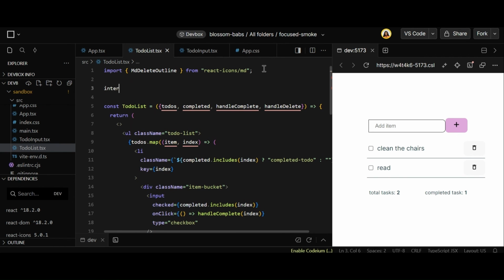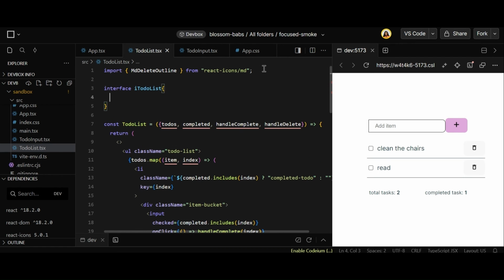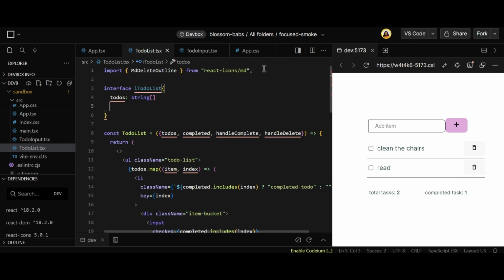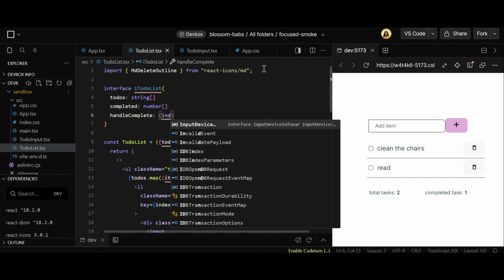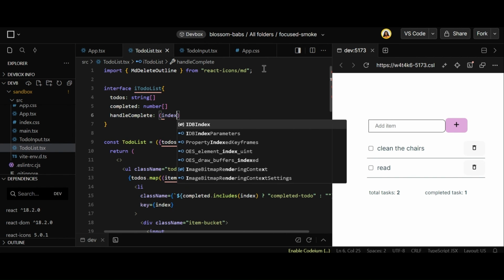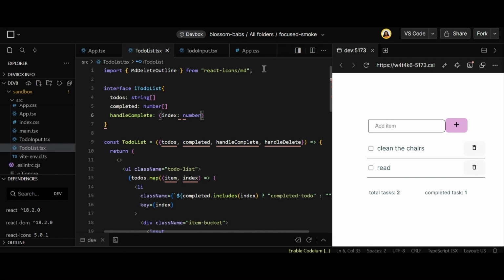So I'm going to go in here and define the types of the props that are to be expected. To do is an array of string, completed is an array of numbers, undo complete is a function that takes in index as a value. Let me leave that index. The value is number,